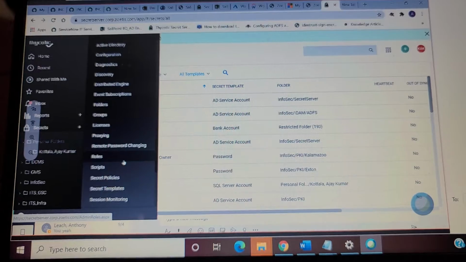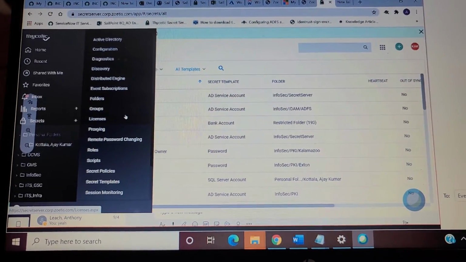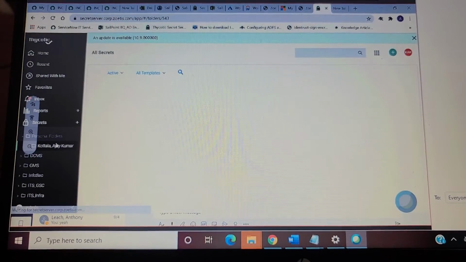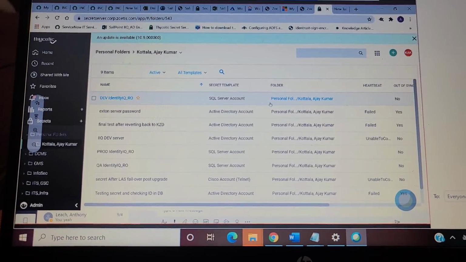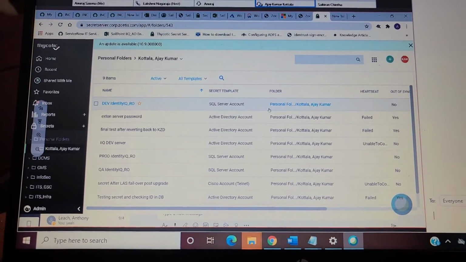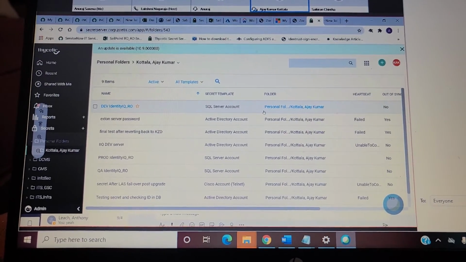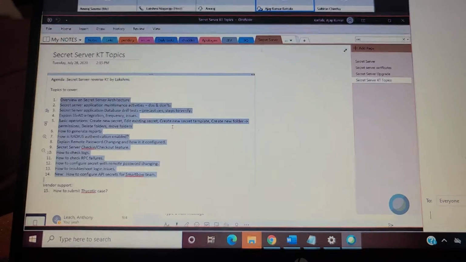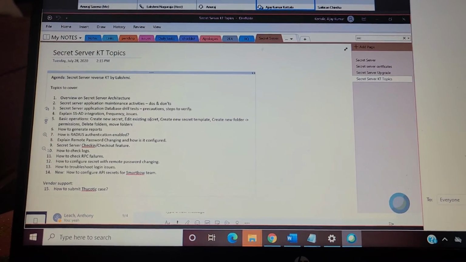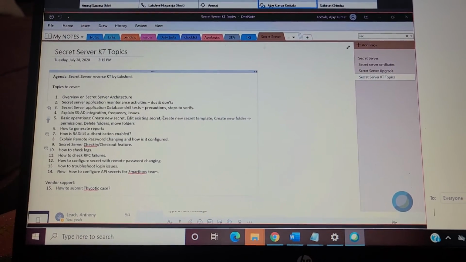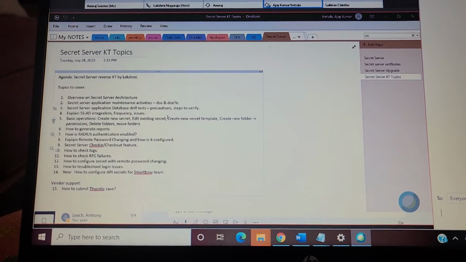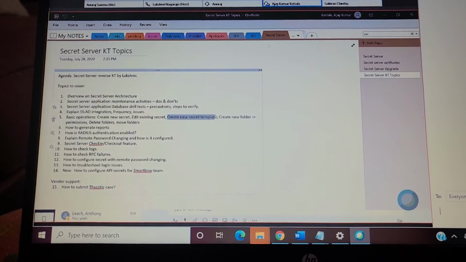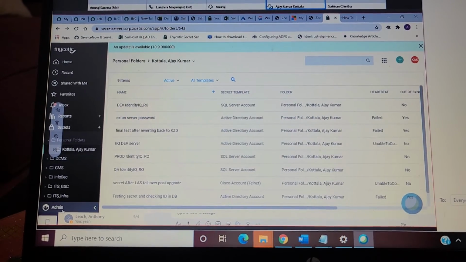Okay, so when coming to secrets, these are the basic items. Basics are creating a secret, editing an existing secret, and creating a new template. How do you create a new template? If you go to the admin option,